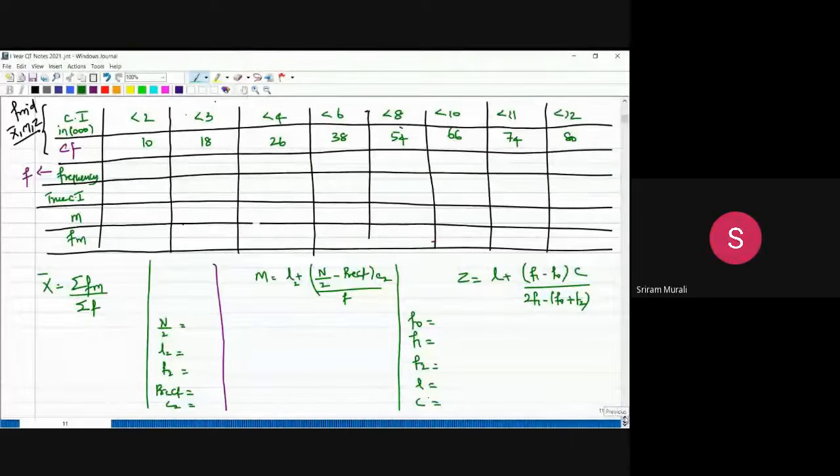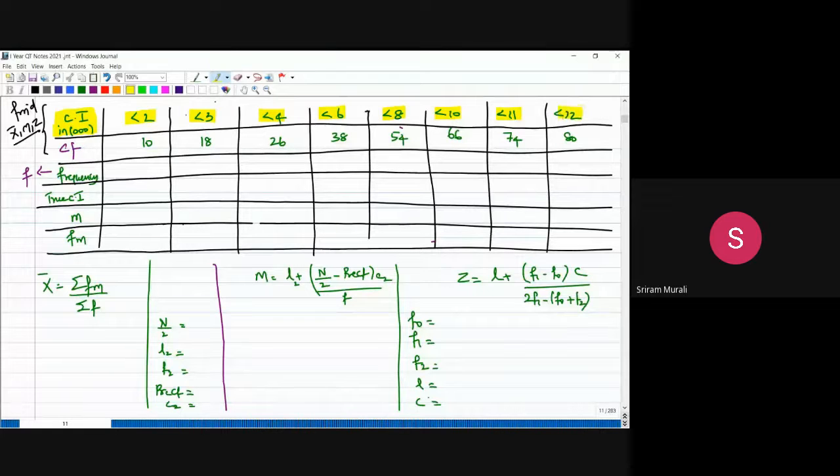Now this is a less than cumulative frequency. This is given in thousands. How do you know that? You just see here. This is given in 1000. So less than 2000, 3000, 4000, 6000, 8000, 10,000, 11,